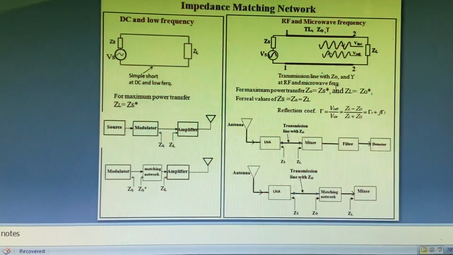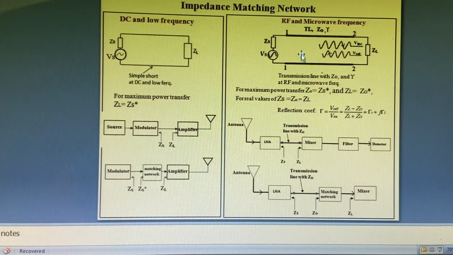The amount of reflection can be calculated using the parameter called the reflection coefficient. It is the ratio of the reflected wave phasor to the incident wave phasor. It says how much the reflected wave deviates in amplitude and phase with respect to the incident wave. That we can obtain if we know the values of Zl and Z0, that is, Zl minus Z0 divided by Zl plus Z0. So the higher the value of the reflection coefficient, the more the loss in the power delivered to the load Zl.